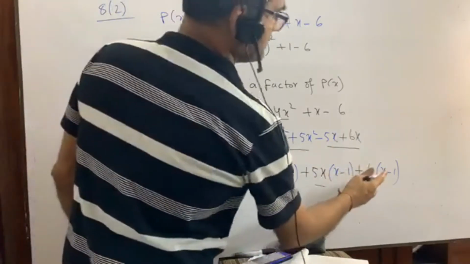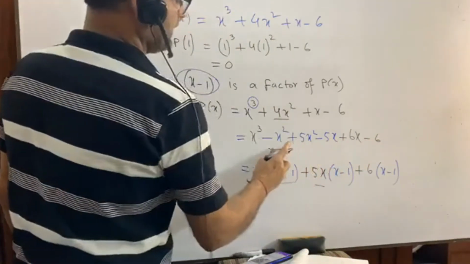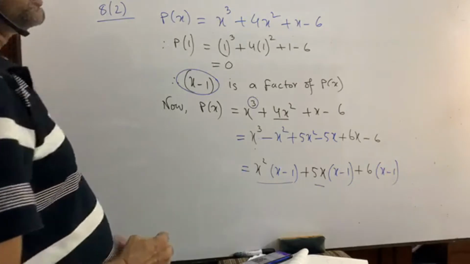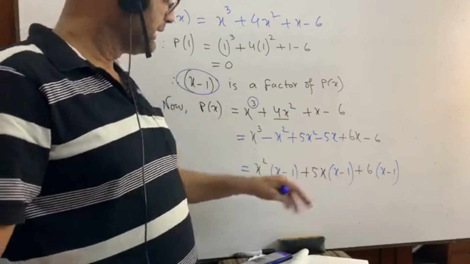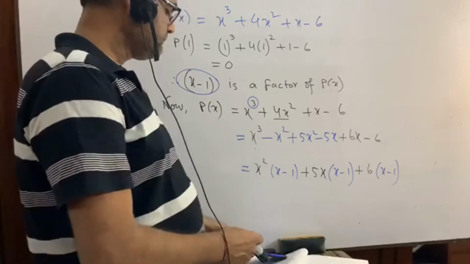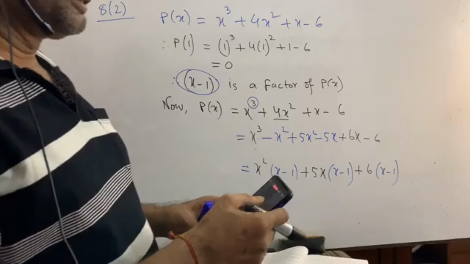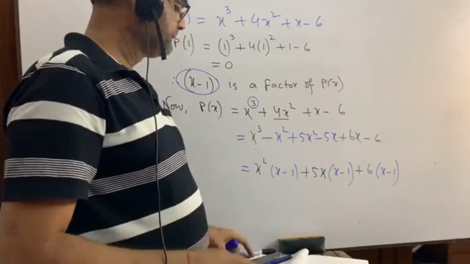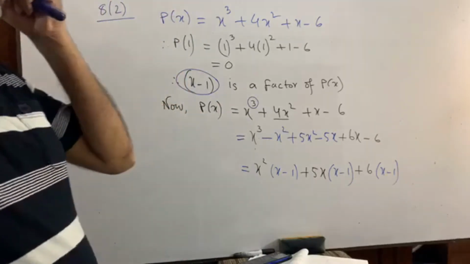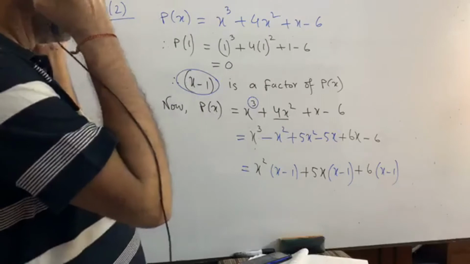Now you multiply minus 6. Please try to understand. I know many of you will fail to understand, so please try to understand. Any question from your side? You can please tell me. If there is any question, please write to me. No question, okay?